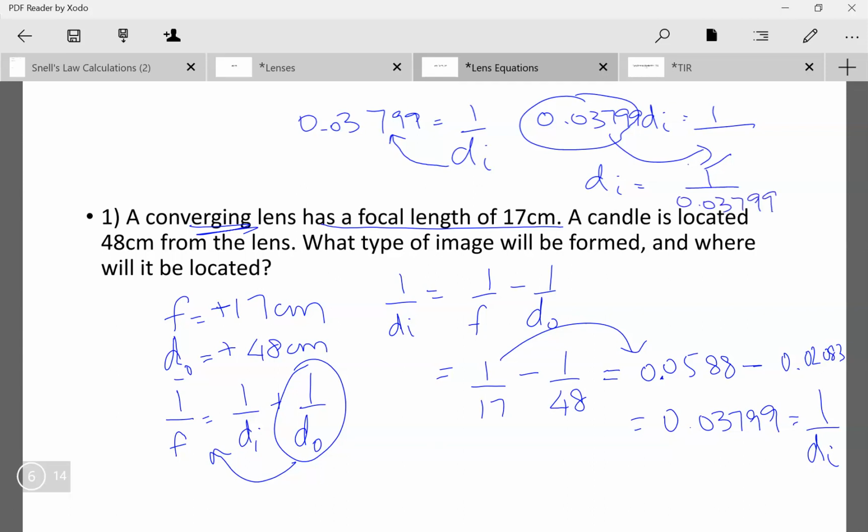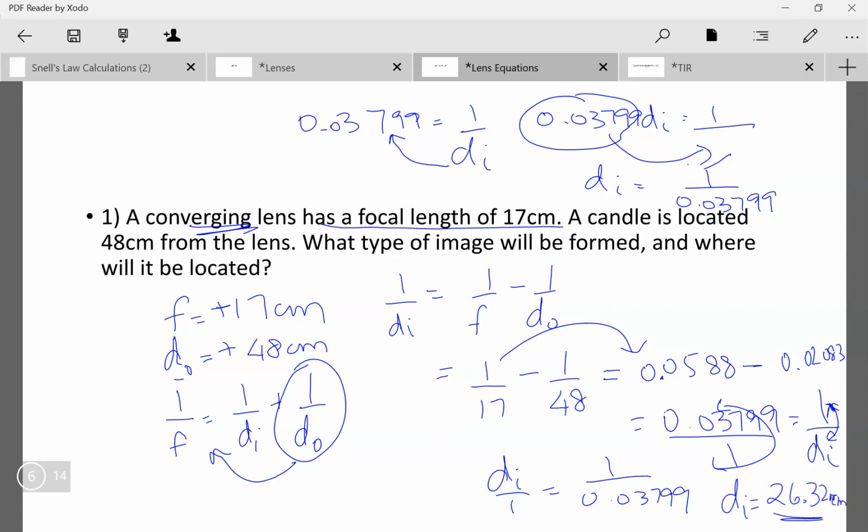Alternatively, you can just take the reciprocal of both sides. So I'm going to flip this fraction around and say DI over 1, and flip this fraction around and say 1 divided by 0.03799. So I flipped both. If I do 1 divided by 0.03799, I get a distance of image of 26.32